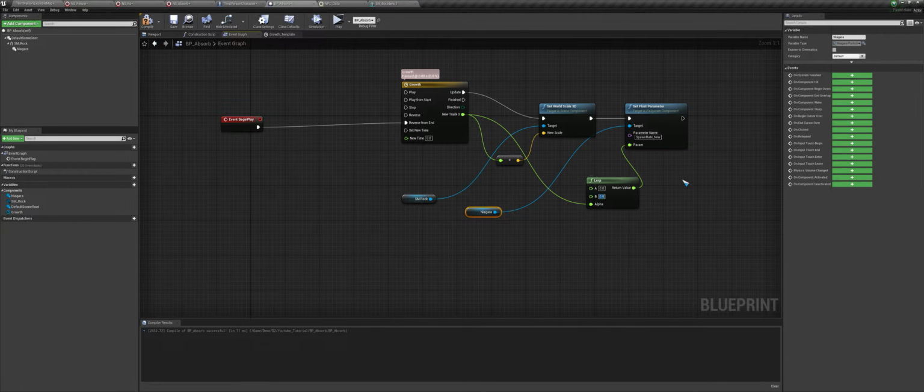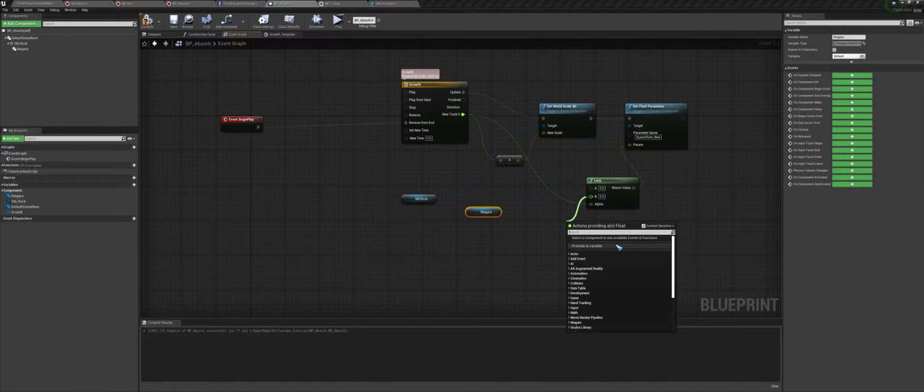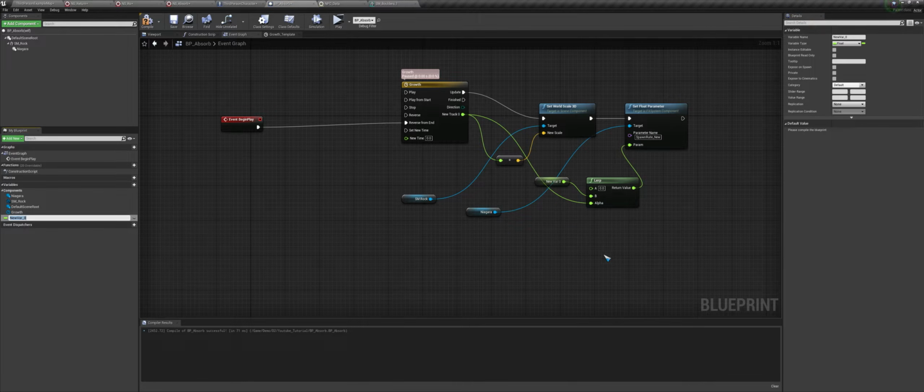And for the B value, so this is the first value because this is going in reverse. I will just promote this to a variable, and I will call this spawn amount, and I will take this eyeball so we can edit this in the editor, I mean the map.